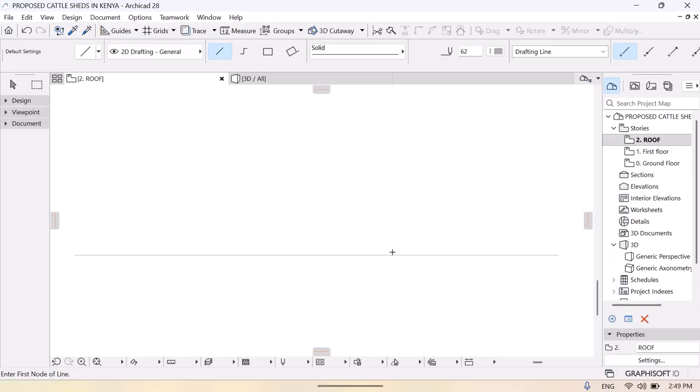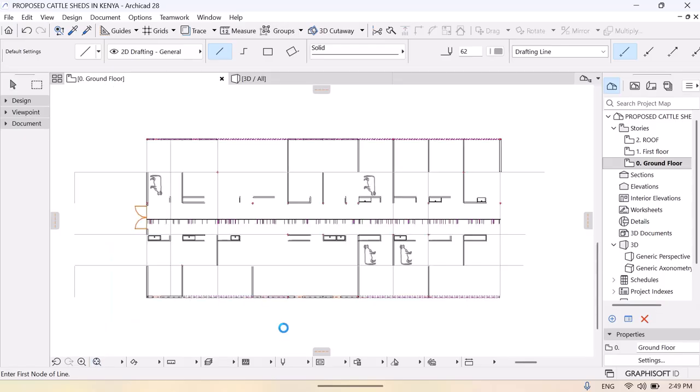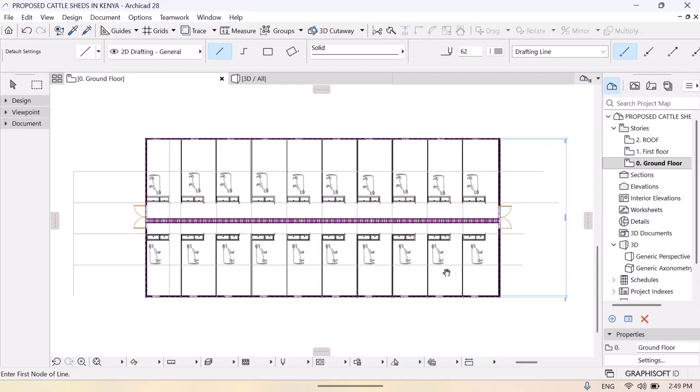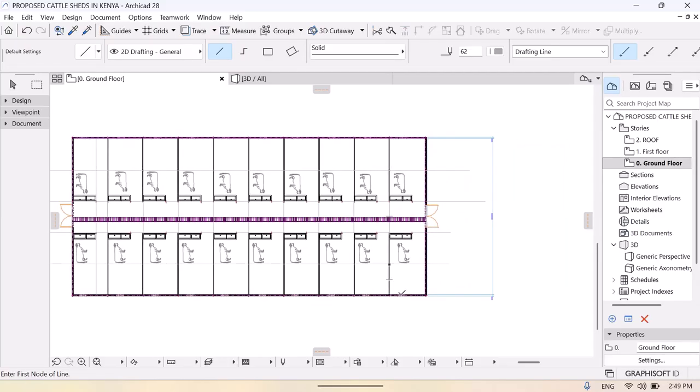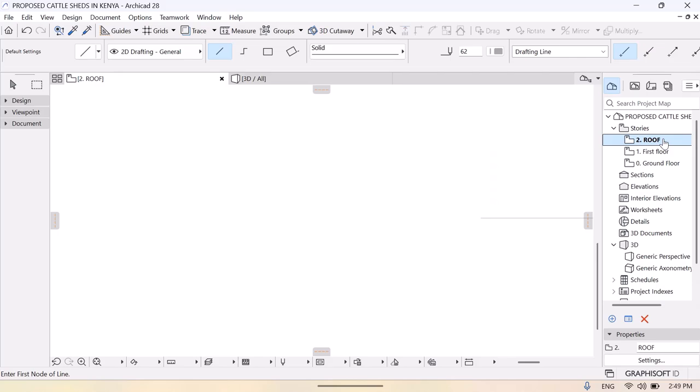There are different ways of going about it. We can always have two truss members, which will still be okay, and they will span. There are various ways of going about a roof, and it will span from here to the center and the other one to the center. Let's first try the longer one. So right click on that, and there we go. We have our roof,